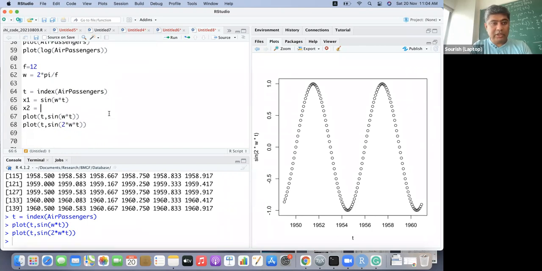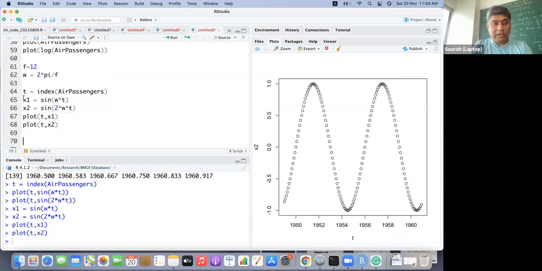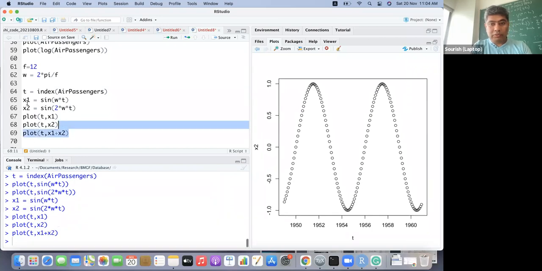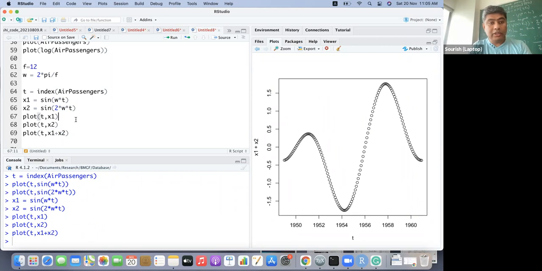We are engineering these features from a machine learning perspective. This is x1, this is x2, and then we can try to plot x1 plus x2. So all kinds of shapes can be modeled in this way.